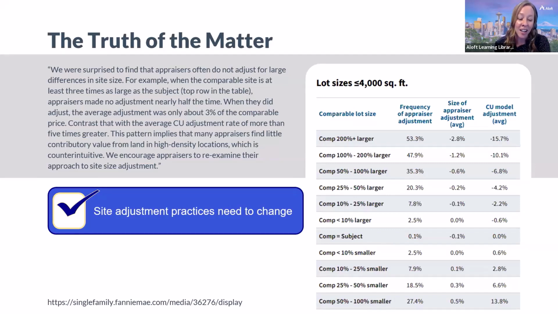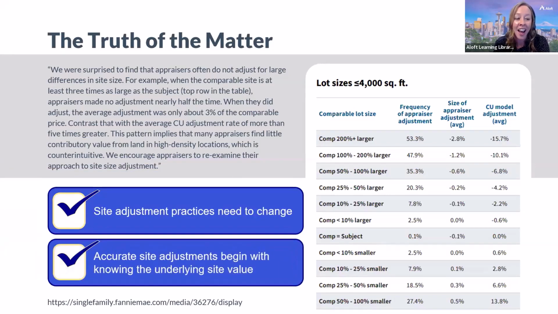We really need to have an accurate site adjustment, and that begins with knowing the underlying site value and maybe moving away from land sales as our basis for our site valuation, primarily because there's so much work we have to do that we have to account for, and it's not easy to do unless we're extracting it from a sale. So again, this is why I go back to extraction is my favorite method for all things sales comparison,